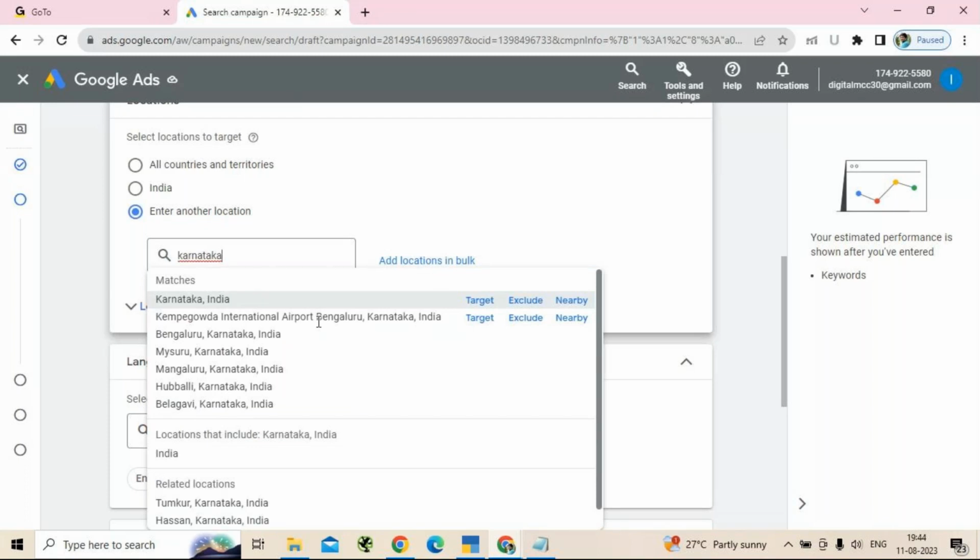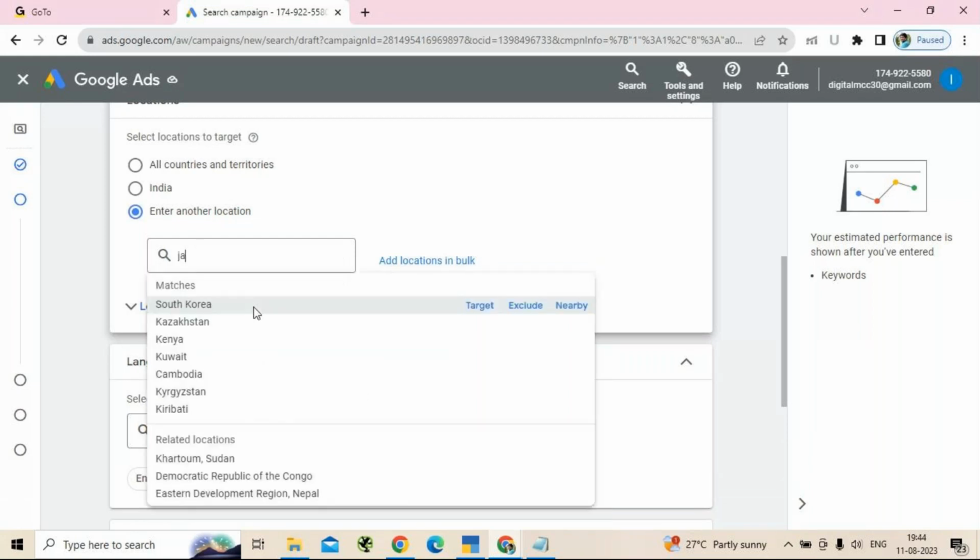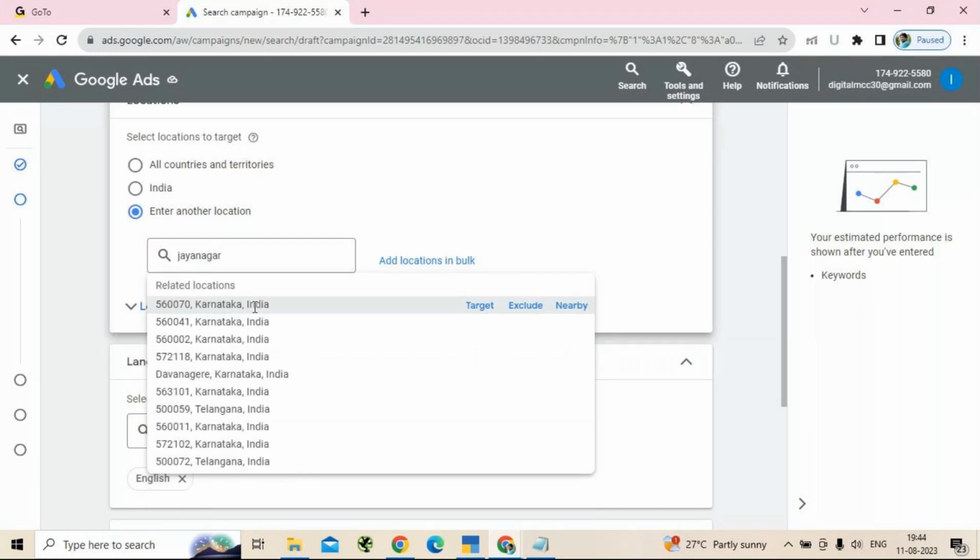Okay, so here you have an option to choose a particular region or any particular area. Suppose I want to run the campaign only for the people in Jayanagar. You can see the areas in Bangalore listed out with their pin code numbers, so you can choose from it. 560011 is Jayanagar's pin code, so I can choose this.